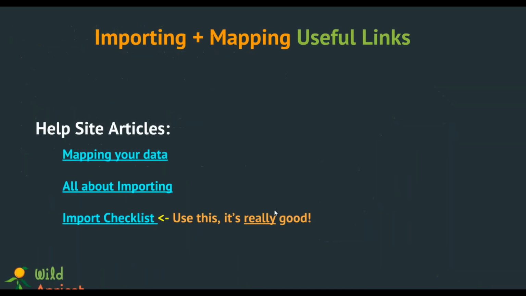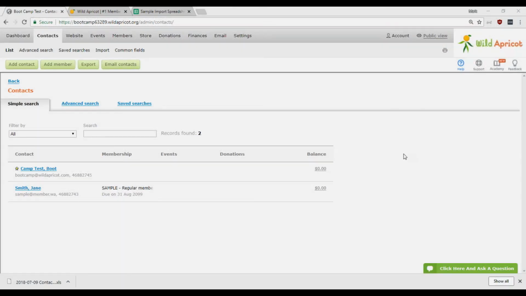Otherwise, that's it. And we're going to do an example of that on my actual Wild Apricot account in just a second. But otherwise, you have some more information here on the actual handout. So if you do want more information about anything that we just spoke about with the importing, go ahead and check this out in the handout itself. I'm going to go ahead and import it into the test site that we've been working with.